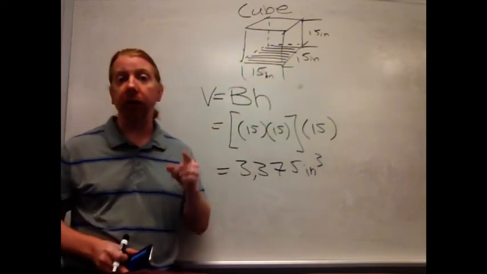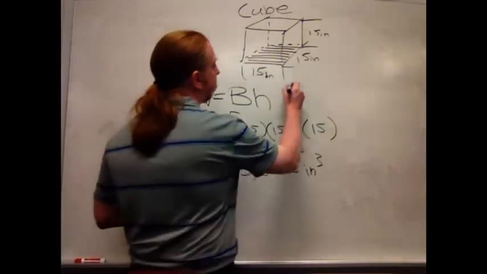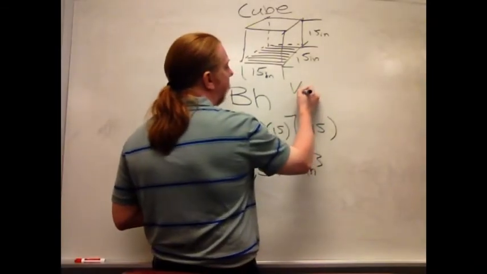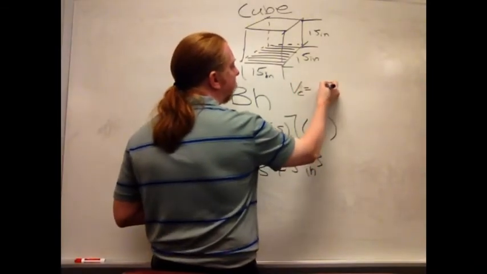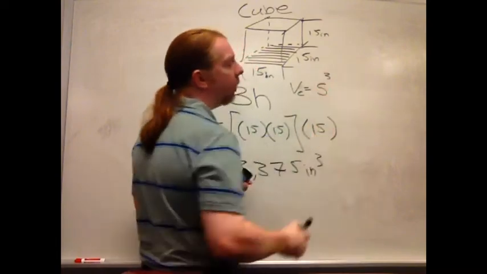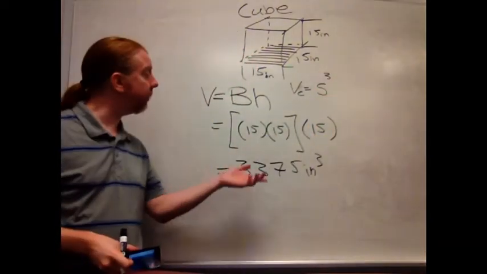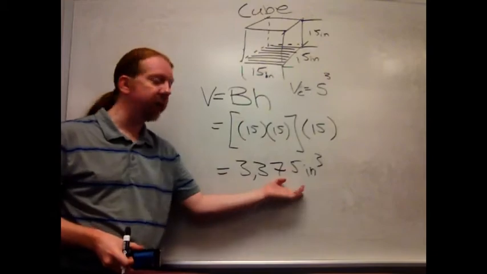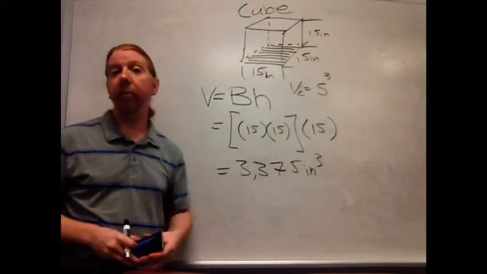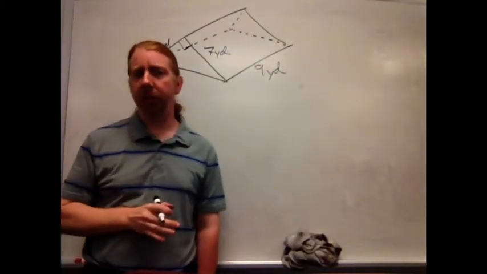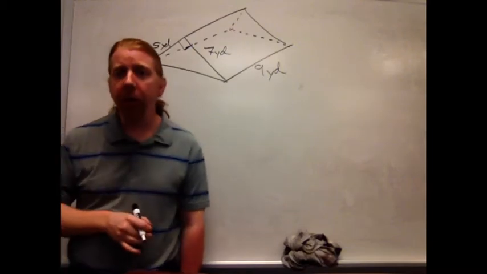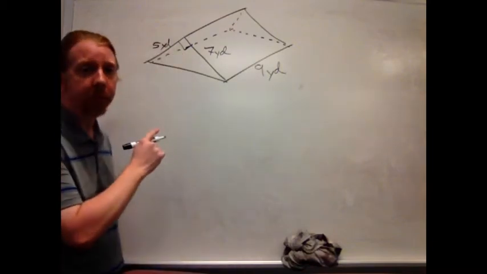You will also see problems that look like this. Volume of a cube is equal to a side cubed. That is what we did. We took the side length of 15 and we cubed it to get our answer. Either method works. Our last example in this set is to find the volume of a triangular prism with a